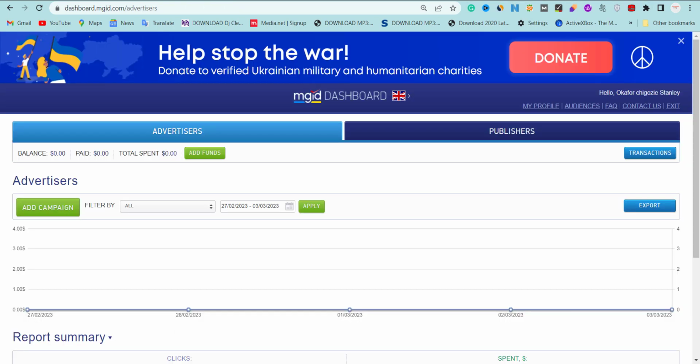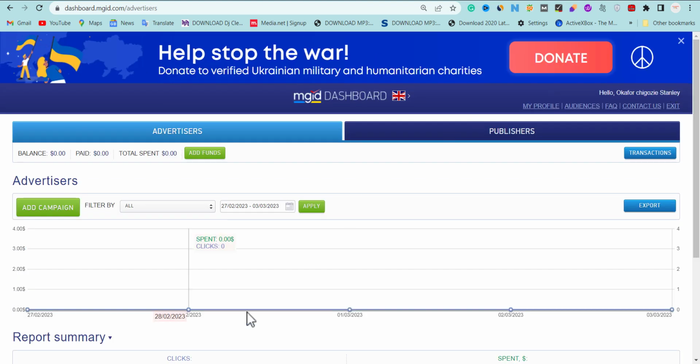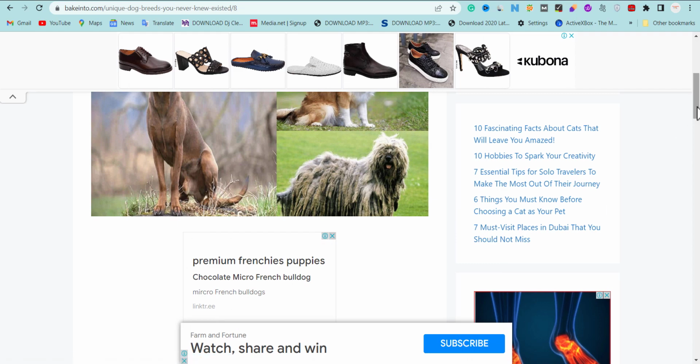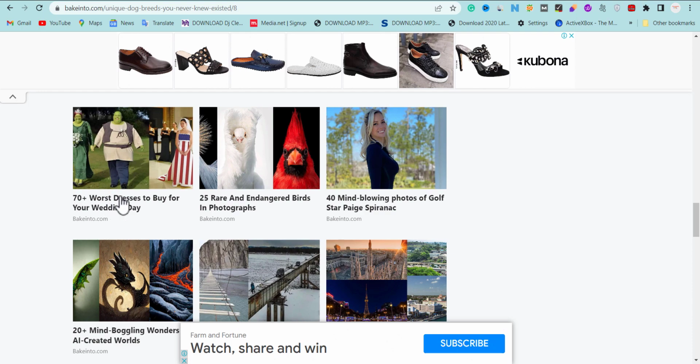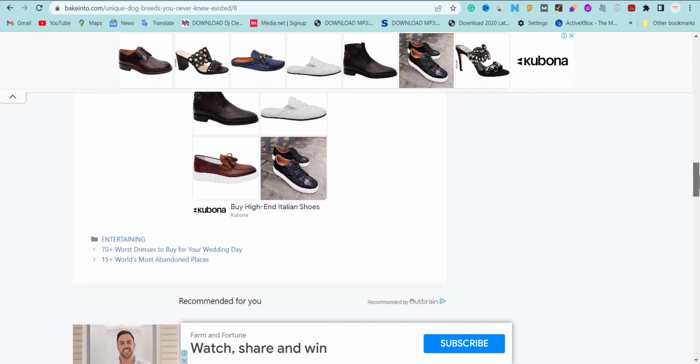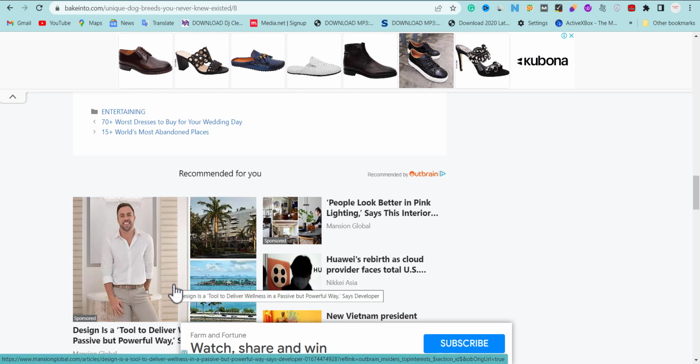We're going to be using MGID to buy the traffic, and if you look very closely here, MGID is another place to buy quality native ad traffic, because with this format we are going to be buying native ad traffic. This is an example of native ad traffic, and this is what native ad traffic looks like. This is native ad. This is the meaning of native ad. They are just like this, and the traffic that comes through this native ad is genuine and of more quality than